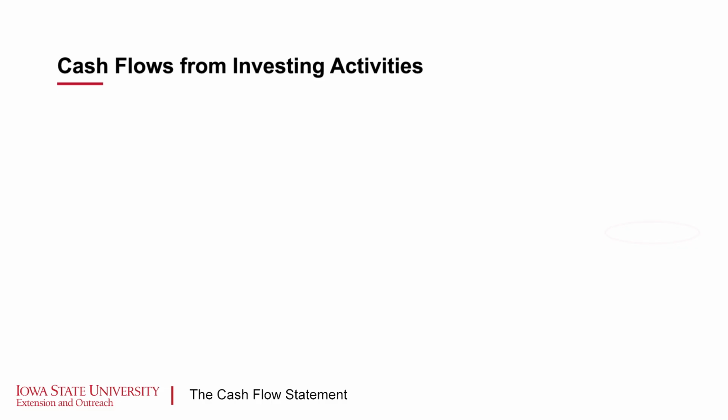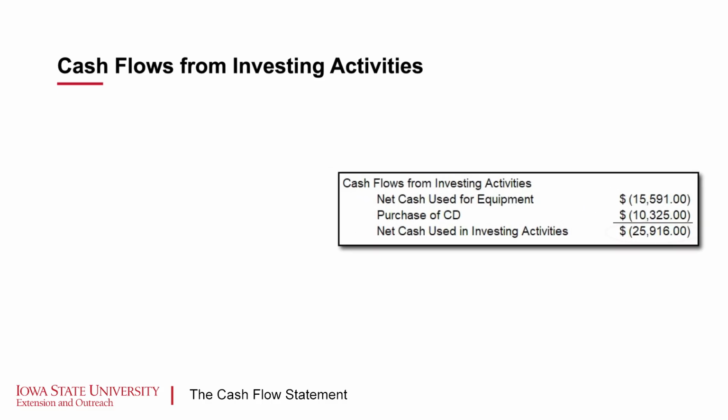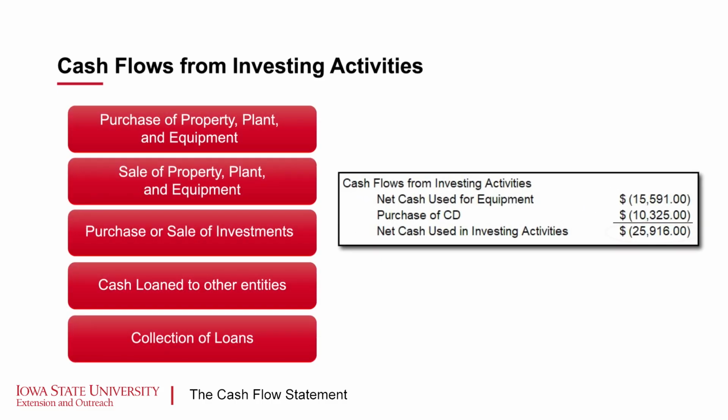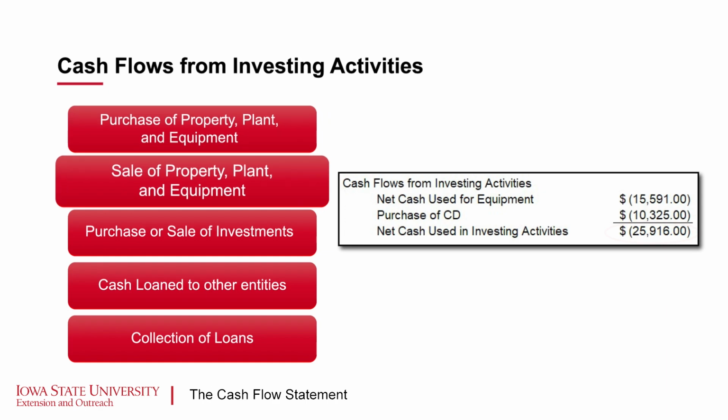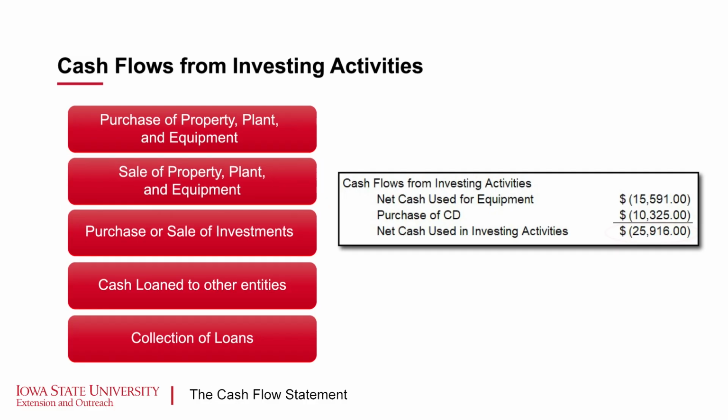The next section shown on a cash flow statement is cash flows from investing activities. This section lists and totals all sources and uses of cash from a company's investments, including the purchase of property, plant, and equipment, which are cash outflows for buying new machinery, buildings, or equipment, the sale of property, plant, and equipment, which are cash inflows from selling old machinery, buildings, or equipment,